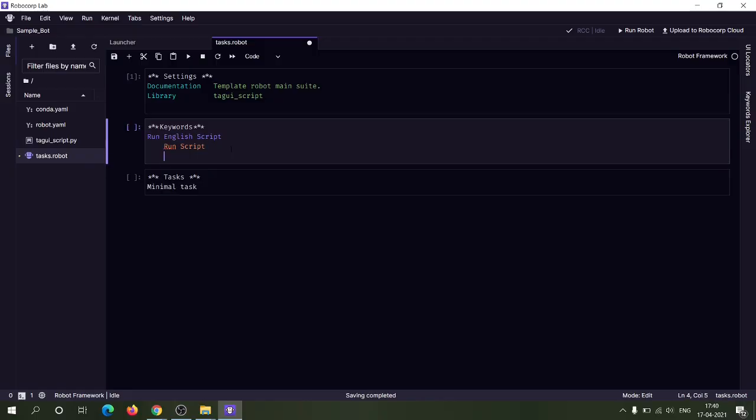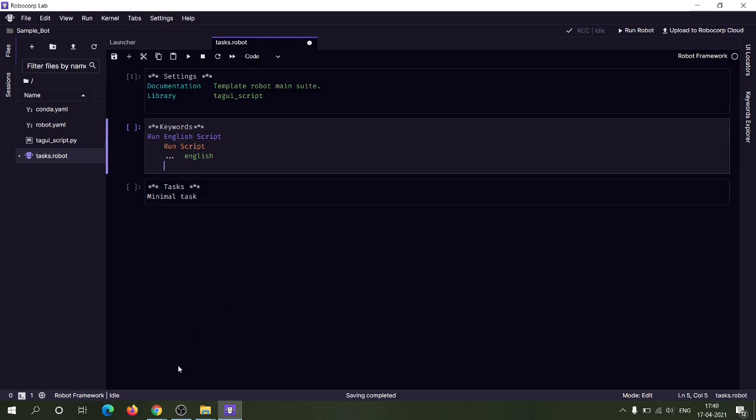So let me write the first parameter, that is English. Here we are specifying the parameters to this run script keyword line by line. For specifying the parameters line by line, we represent it with 3 dots. English. Now the next parameter would be our tagui script.